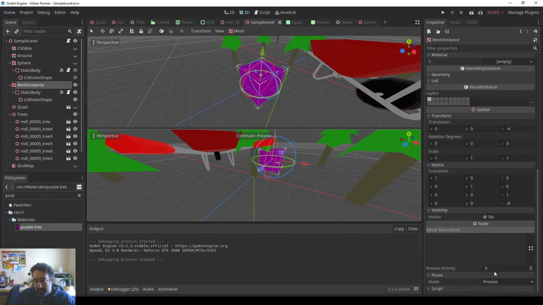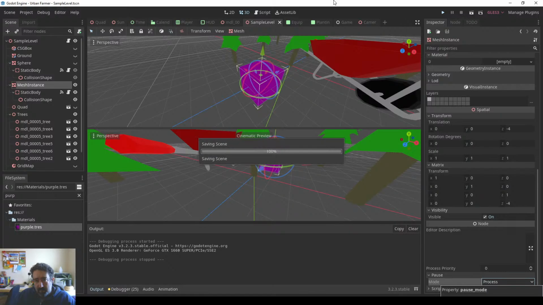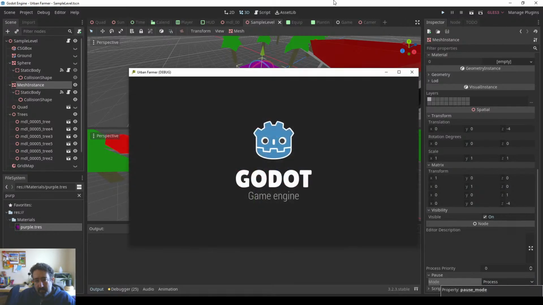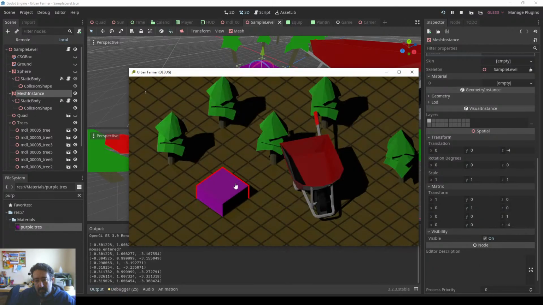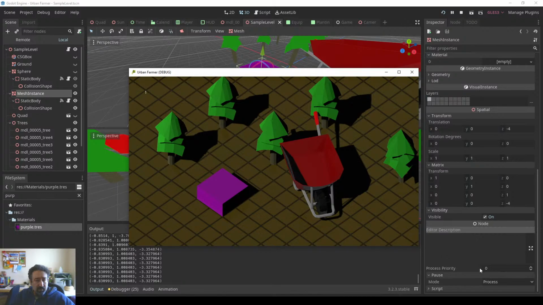Editing, so if they're in editing, they should actually be processed. Did I not pause the game? Unpause the game. Why is this? Pause mode was